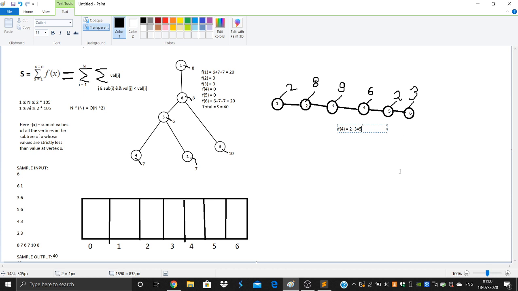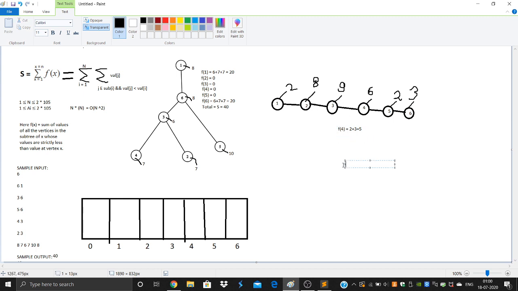But the thing is, I could keep doing a DFS like this for n nodes, and that would result in O of n square complexity. Or I could represent this tree as an array, because anyways it's linear, and each node would have its own index in the array.